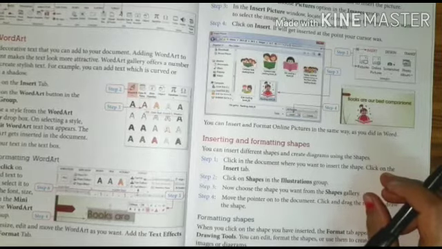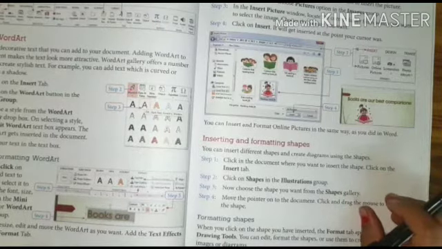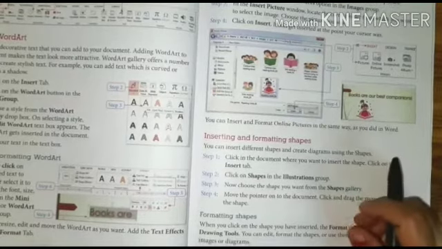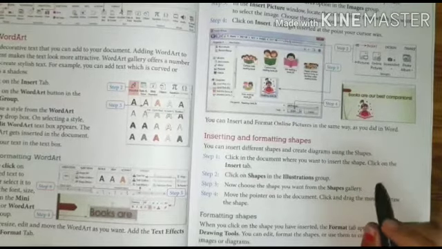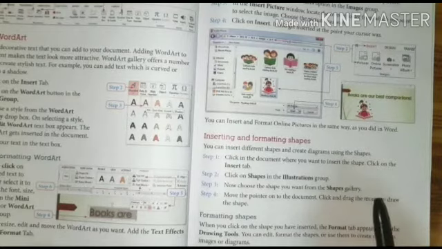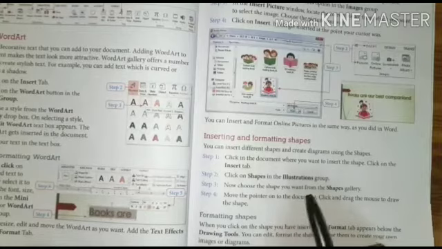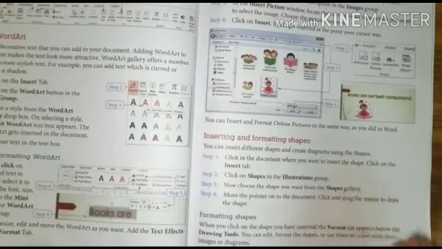For example, you can add text which is curved or slanted or has a shadow. Word art is also learned in MS Word. From word art, we can make our text very attractive in the Word Art Gallery. We find a lot of styles, like making text slanting, creating shadows, etc.